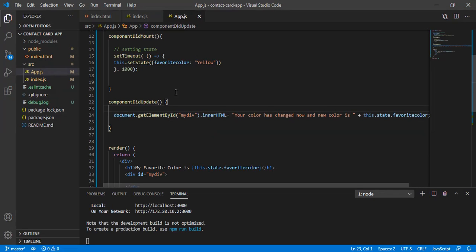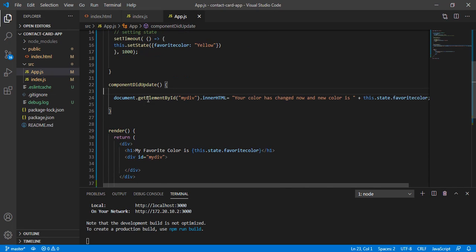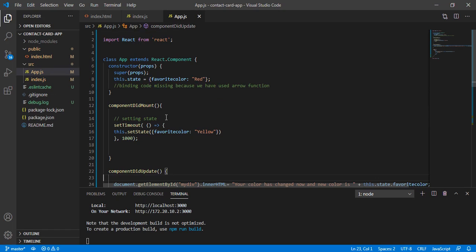And I will be sharing this code. You can modify this code and try to add or execute some new code here, just to see the concept and the use of this function. And again guys, in the next video I will be starting with the new